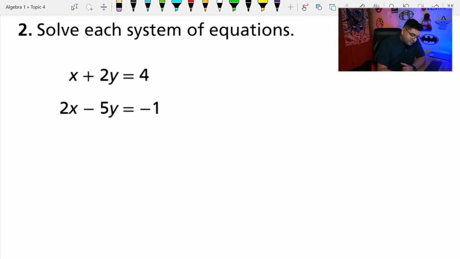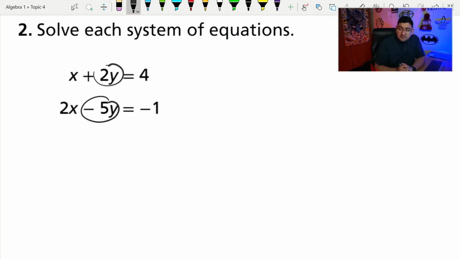So what we're going to do for this one is we have to determine, well, I should be able to change one of these. And the step that we would do here is we're going to have to decide which equation we want to multiply and what number we want to multiply by to that equation. So the goal would be to either turn this x into a negative 2x so that it cancels with this 2x on the bottom, or we can change this 2y into a negative